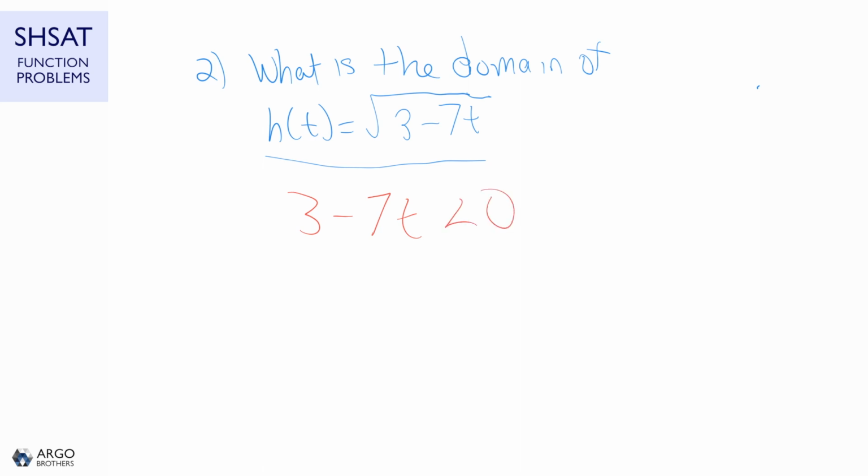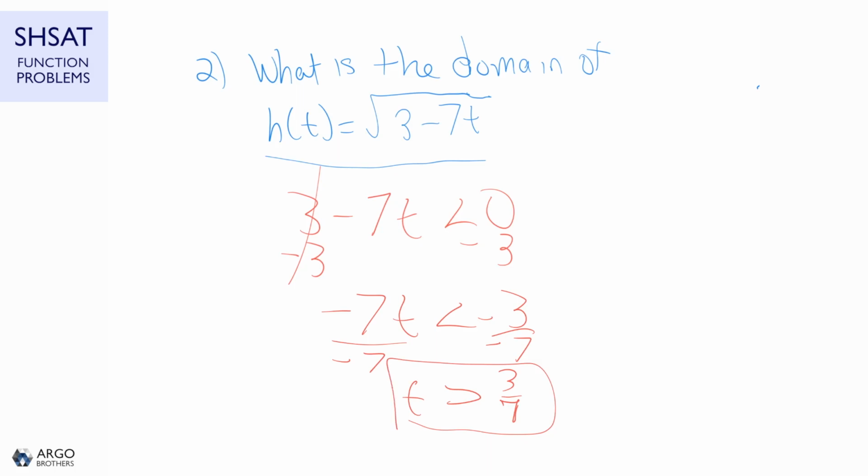So we would treat it like an inequality. So we can subtract 3, so we get that negative 7t is less than negative 3. And now we divide by negative 7 to get t is greater than 3 over 7. Remember, we divided by a negative, so we flip the sign. So these values of t would make 3 minus 7t negative. So the domain would be everything that's opposite of that. So t is less than or equal to 3 over 7, and that's our domain because those values are possible,